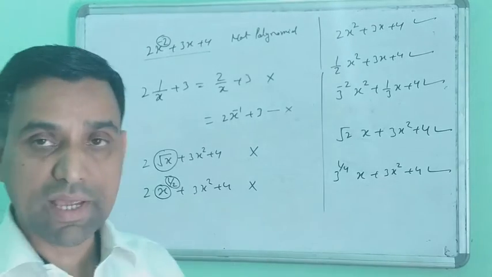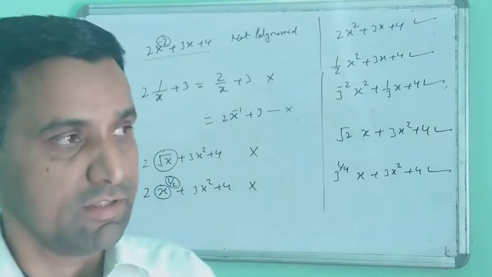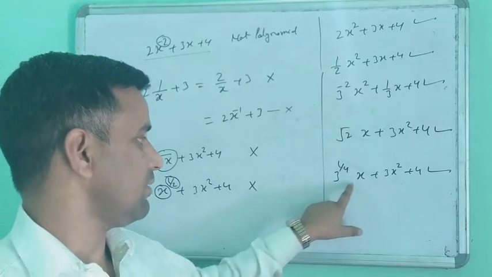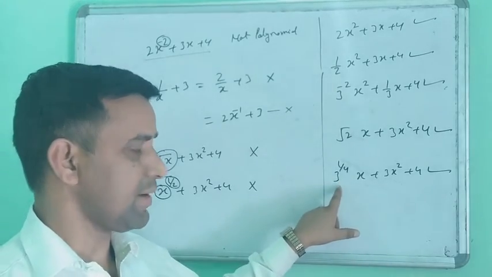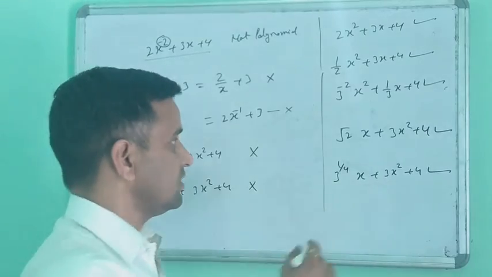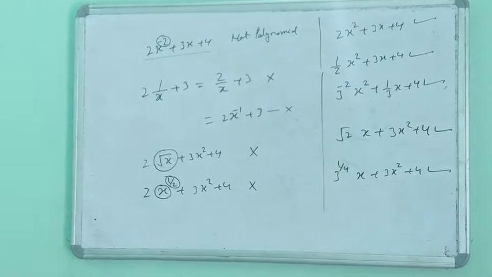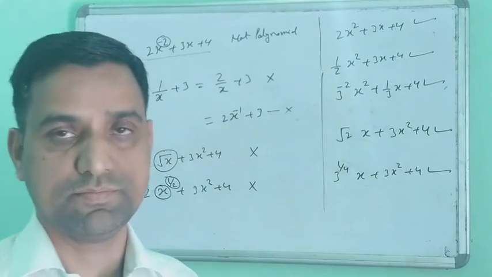But if you apply the same thing to a constant number, this will be a polynomial. The constant number does not matter here; the constant is separate, and this rule applies only to the variables. So these are the polynomials or these are not the polynomials. Yes, note down. Next we will discuss the types of polynomials.